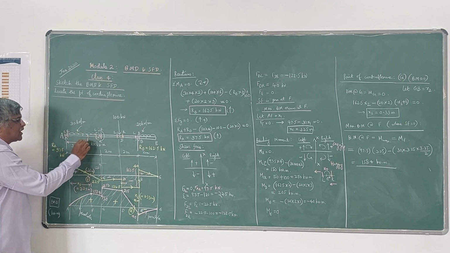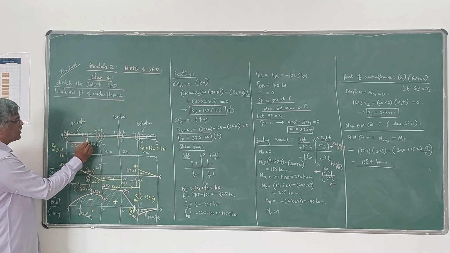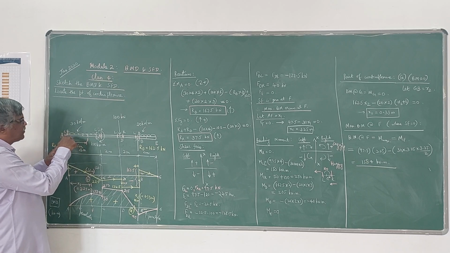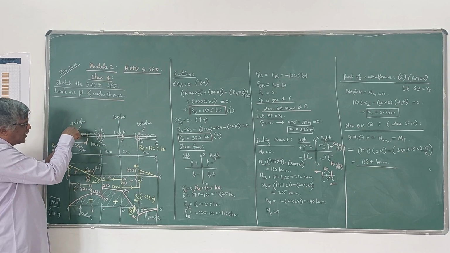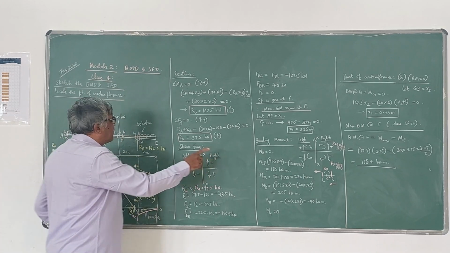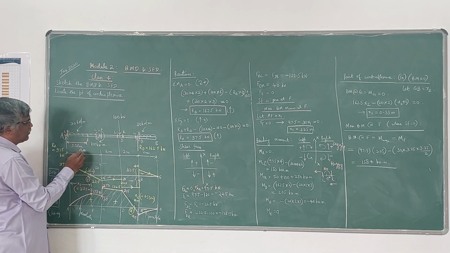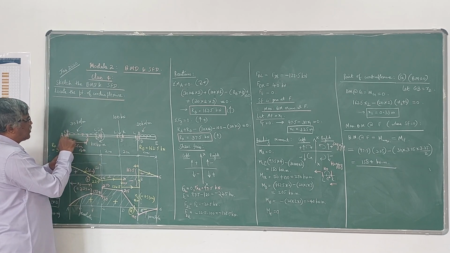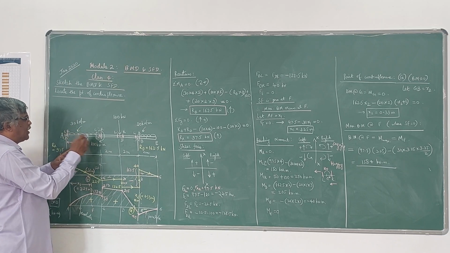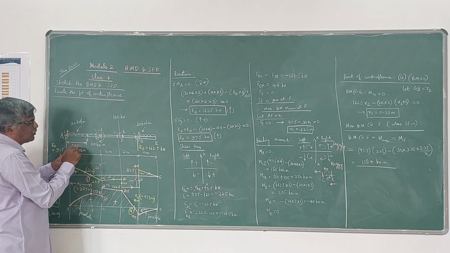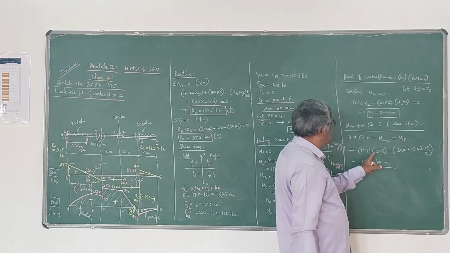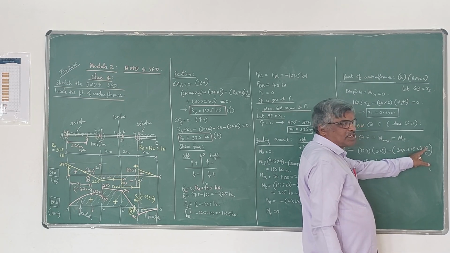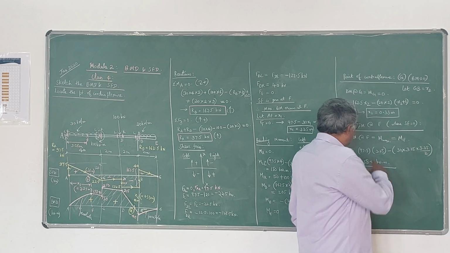Now whatever bending moment occurs at F, that is your maximum bending moment. So to the left side of F, 97.5 into 3.25 positive. Then this UDL is acting downward, therefore bending moment is negative. So 30 into 3.25, only this much we have to take from here to here, into the midpoint of the 3.25, that is 3.25 by 2. See, I have written here: 97.5 into 3.25 minus 30 into 3.25, this is the load, multiplied by the distance to the midpoint, so 3.25 by 2.